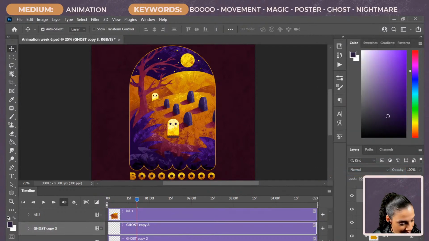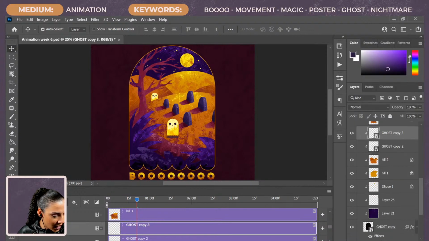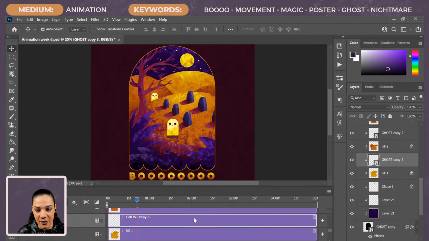Let's move him here. And in my layers, I'm gonna bump myself over to this other side just for a moment. When you're moving things in between, you are still using your layers panel, and your timeline becomes like an animation representation of that. So if I have my duplication of my ghost here, and I want to put him in front of that very back hill, I can just drag the layer like so, and then you'll notice that if I come down here, that is where he went in my timeline, right there.